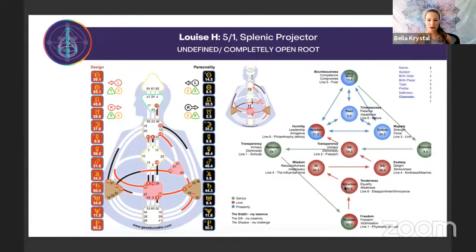but I think you could have been conditioned as a 5-1 to live out your pearl without living out all the juiciness that is there in the Venus, because that would be the leadership in the 31. It would be the 34, kind of going in a certain direction, and then you have the overview with a 6-line pearl of everything. So I believe it's so important for you to come